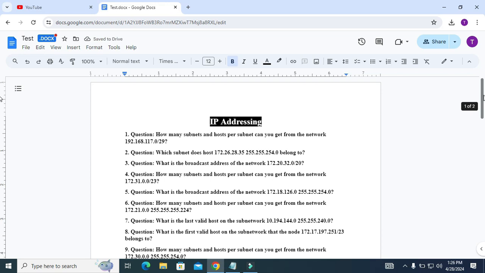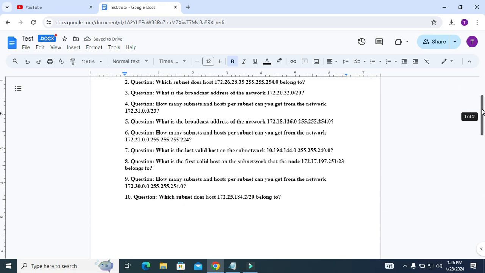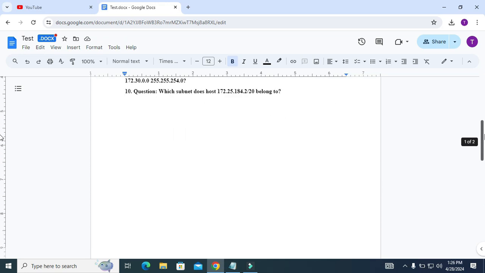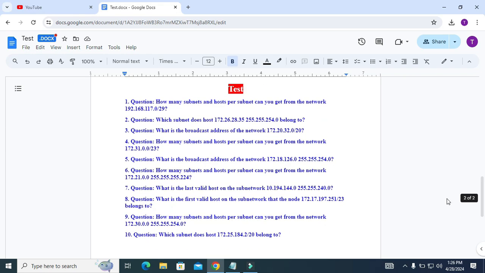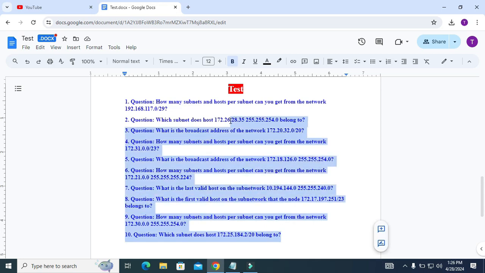Now I am going to show you how to change orientation to landscape on a selected page. I will change orientation to landscape on this selected page. Just select the content